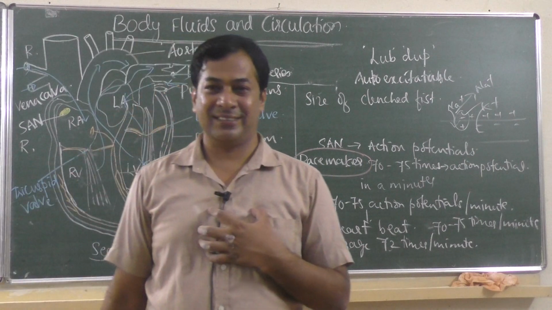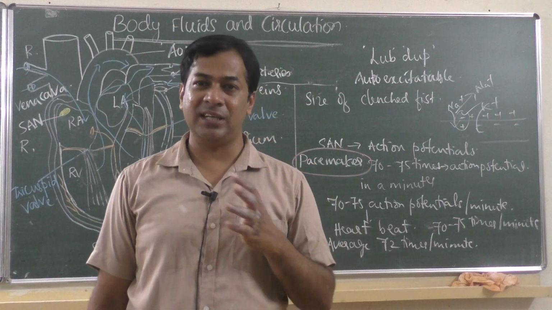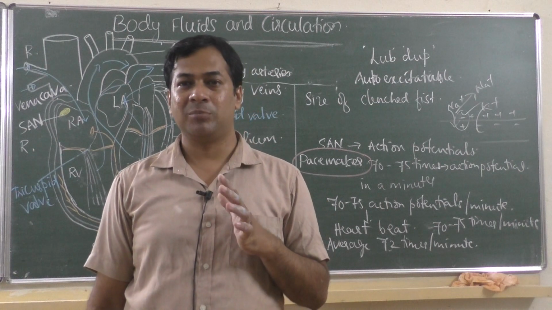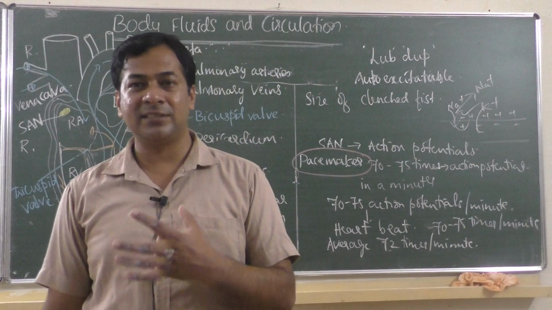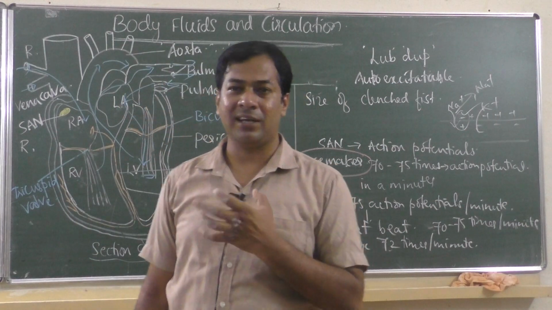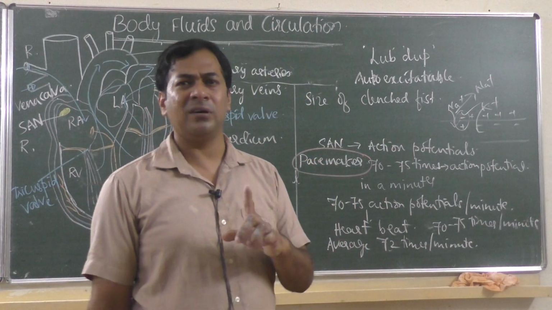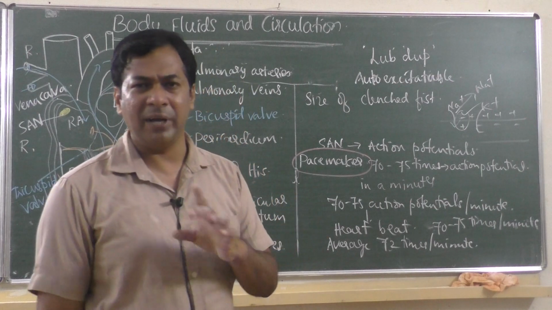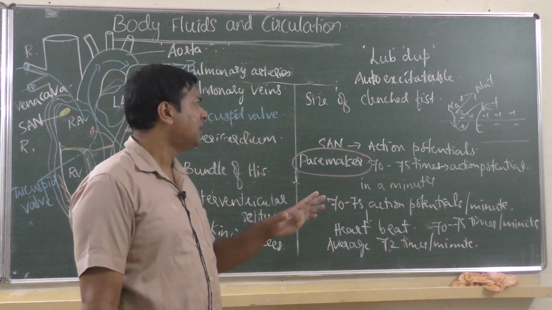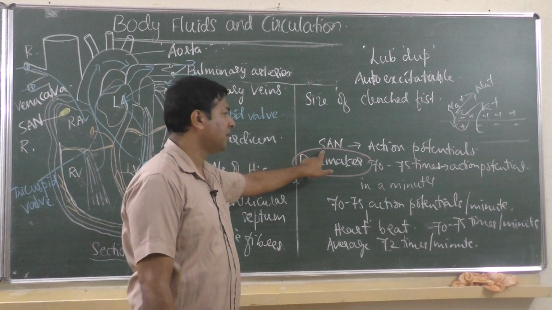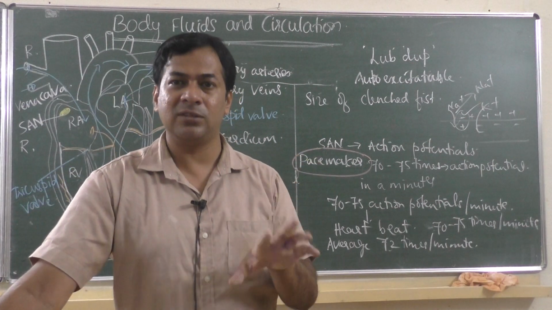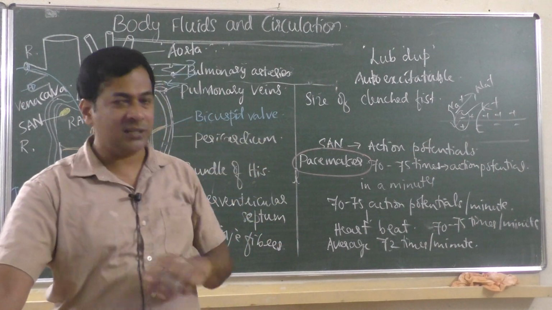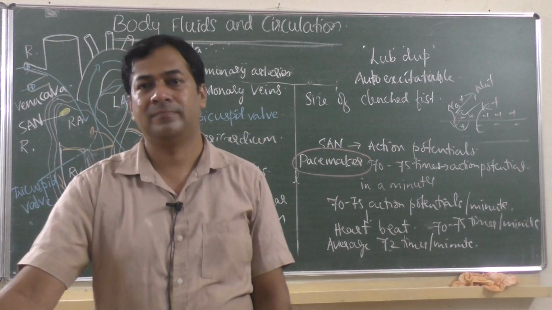So the heart continuously beats starting from your birth till you die. Suppose you live for 80 years, for all 80 years without any rest, the heart muscles continuously beat. They are restless muscles, and the heartbeat is maintained at 72 times in a minute, only because of the sinoatrial node, because it controls the rhythmic contraction and relaxation of the heart and the heartbeat. That is why it is called the pacemaker.